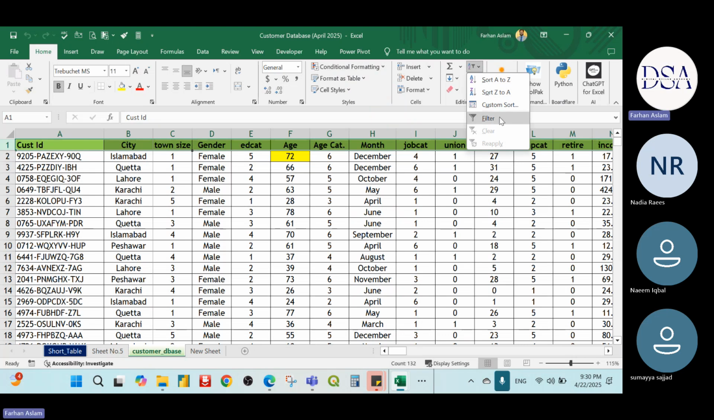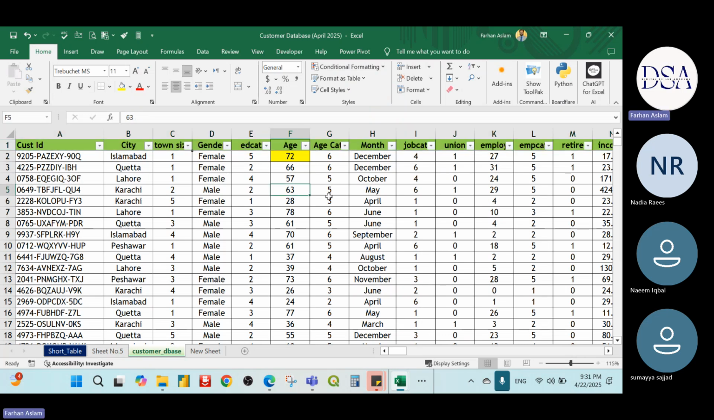So click on this filter and you will notice that filter will be applied on each column, even if you are working on a file with 5,000 columns. So filter will be applied on everything. So now you can apply multiple filters. For example,